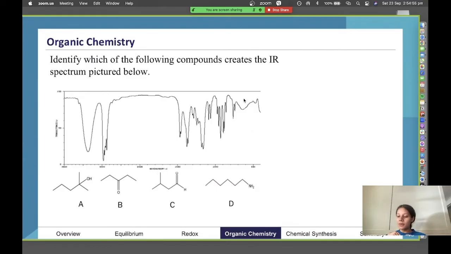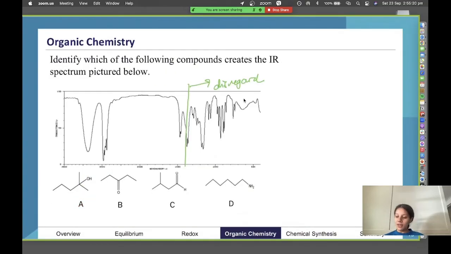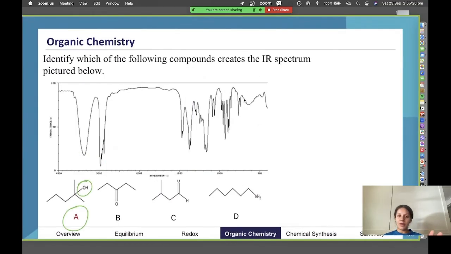And then we have the same type of question here where we want to identify the compound from the IR spectrum, again, disregarding everything below here. I think we call that the fingerprint region, but we don't ever look below 1400 in terms of a wave number. So if you want to consider what we're actually creating, we have A. So we have an OH group present from the actual peaks that we've got here. So again, have a look at the table in your data booklet. You can download the slides again and go over that with the actual data next to it. But the correct answer for that question is A.